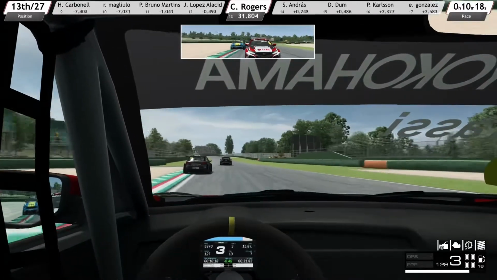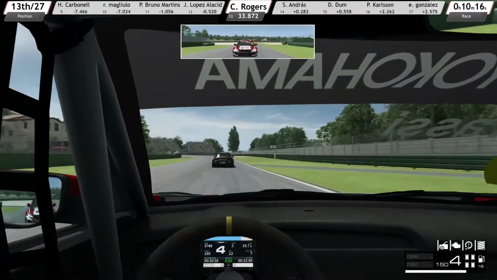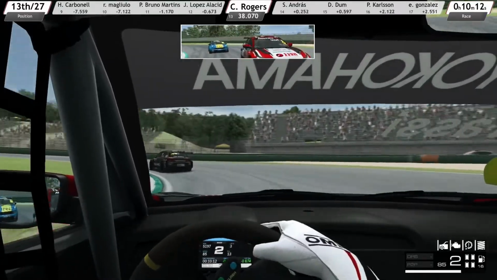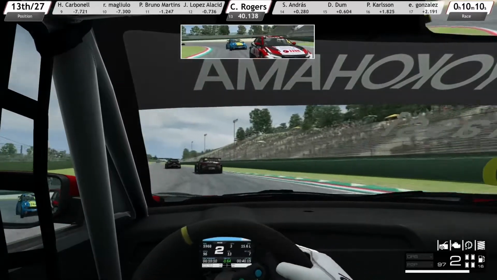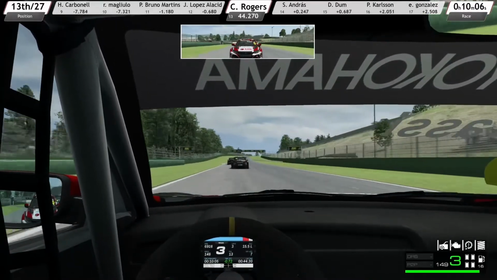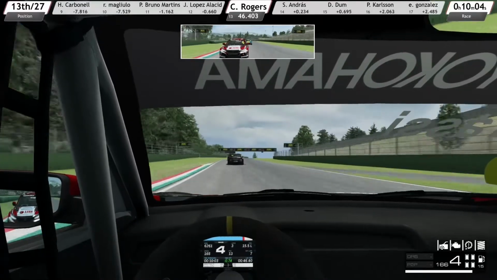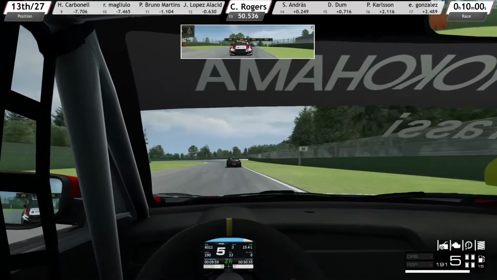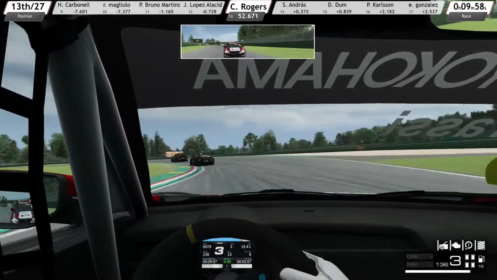If you watched my video in the F4 the other day, you'll know that I tried driving it without the virtual rear view mirror. As you can see, I've restored it for this race. I did try this WTCR car without it, but I just couldn't get my cockpit view right so that I could see the wing mirror on the left and then also see the standard rear view. So yeah, I've brought the virtual mirror back